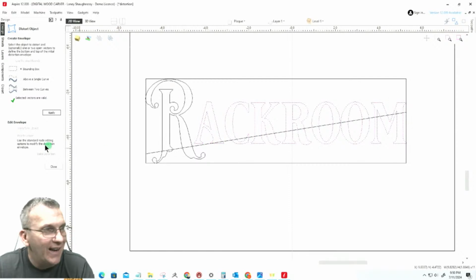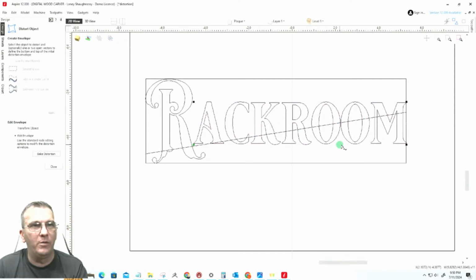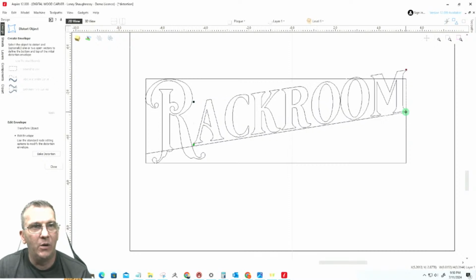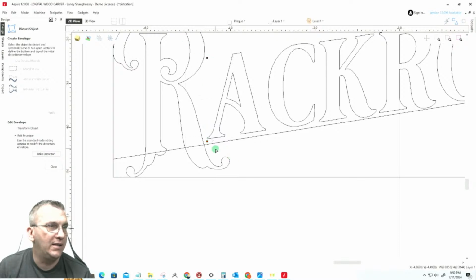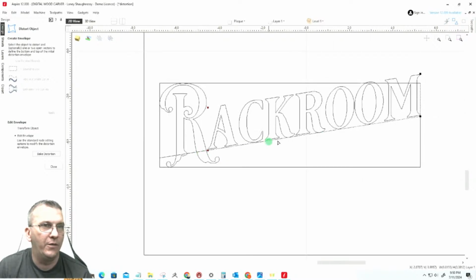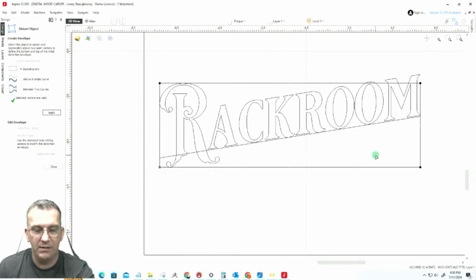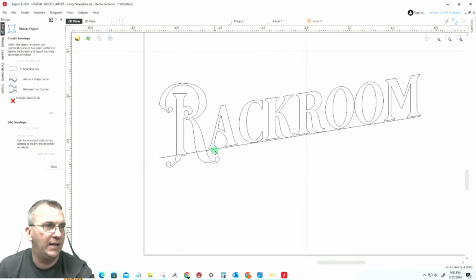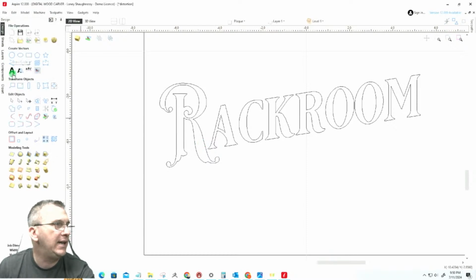Almost there. There we go. Let me put that in a bounding box. So just the rack room here. And I want to keep this kind of in line, but I just want to move this up to follow this path right here. Okay. So I want this to stay kind of in line, but I want it to follow this path. So that angle there. And then I can get rid of kind of this box layout, if you will, and that line there. And then I will come in here and